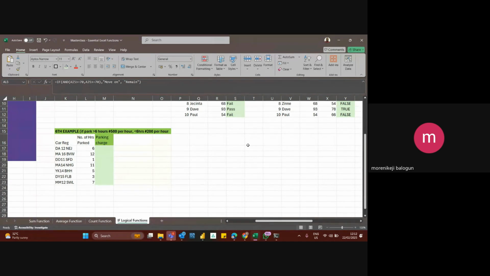I've been trying the IF function. It's not working. I don't know what I'm doing wrong, sir. Okay, so tell me exactly what you have typed on your screen. Just read it out for me. I'm going to type it here, and you tell me if I'm right with what I've typed. Read out exactly what you have typed on your screen.